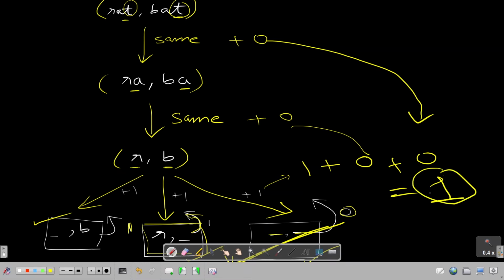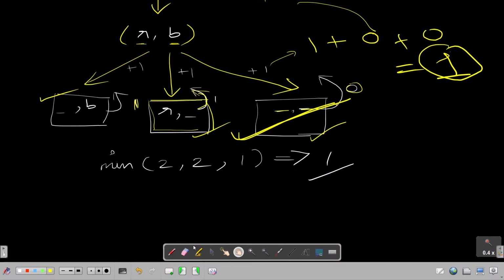So the number of operations needed to convert rat to bat is 1, and this matches the answer as well. Now let's check another test case.